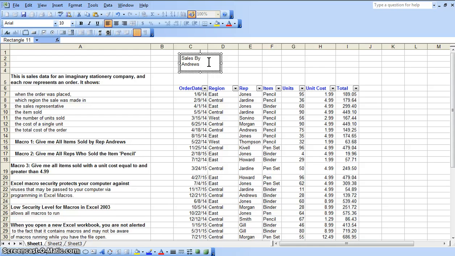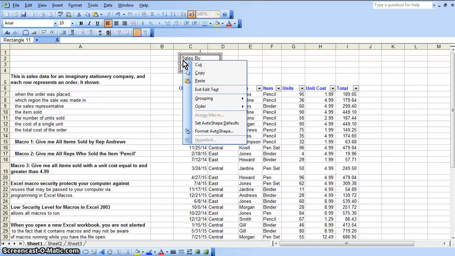Now what you need to do is assign the macro to this button. So you still want to keep it in there. What you want to do is right click on it, and then